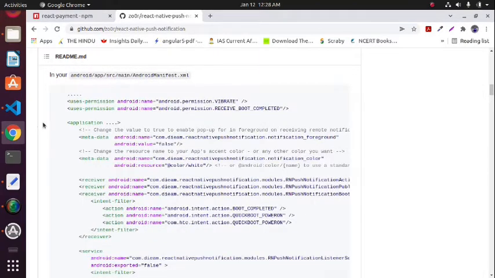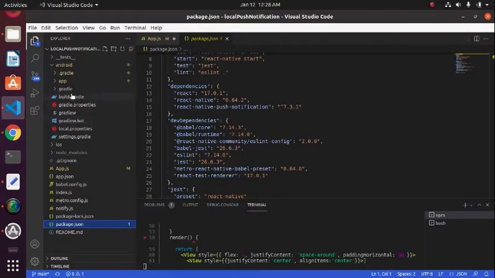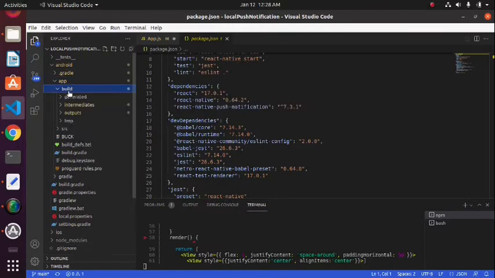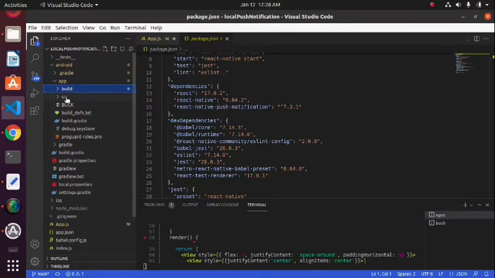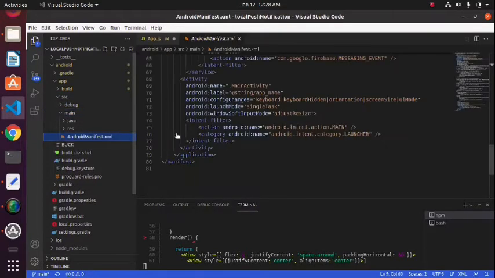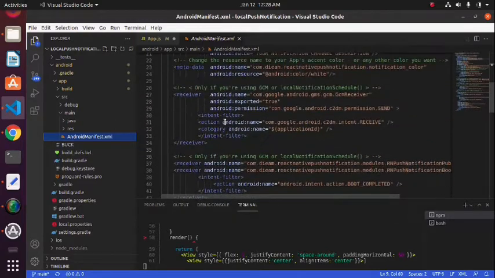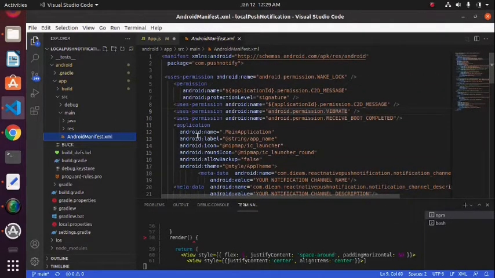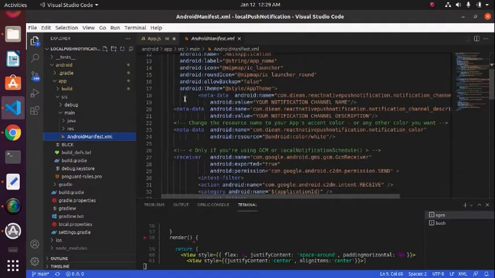So you will go to android, app, source, and main. Here is the manifest file. I have already pasted this one, same thing here. If you're confused about where to paste, just copy from here.